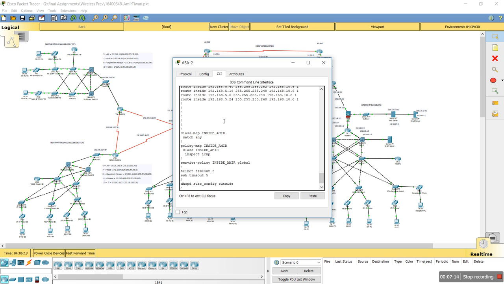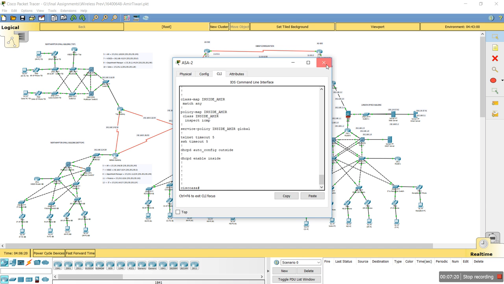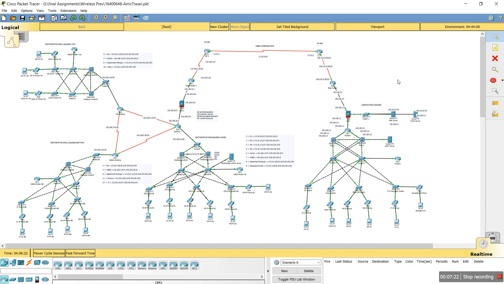Similarly, the policy map, service policy, and class map are also configured by the author. So the main use of a firewall is to decide either to block or allow the incoming or outgoing connection. Similarly, after configuring the firewall,